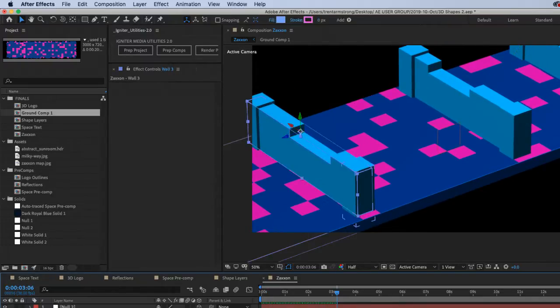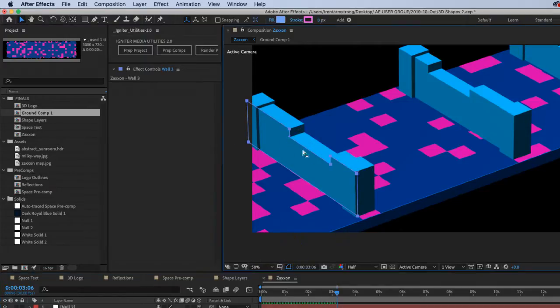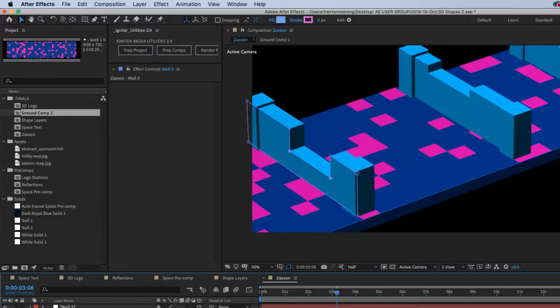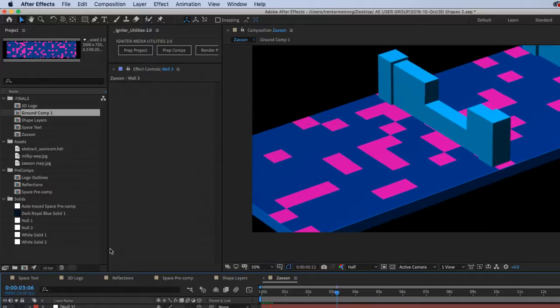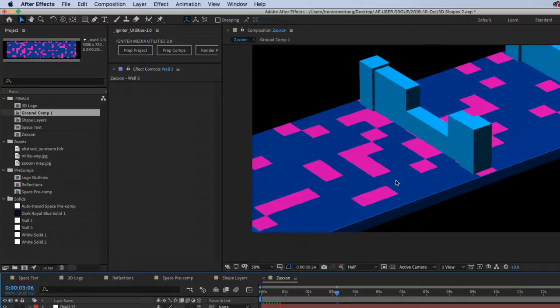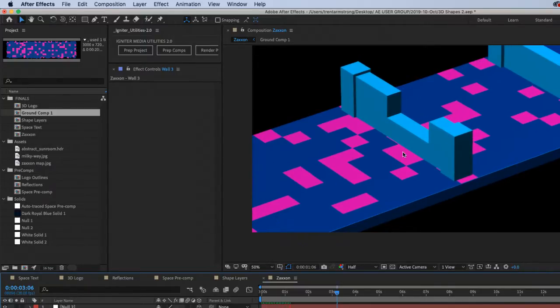And if we need to change the wall shape, we can add 3-headed rabbits. We could also animate these so that they raise and lower, whatever. And then we could create a little spaceship and fly it around in there.